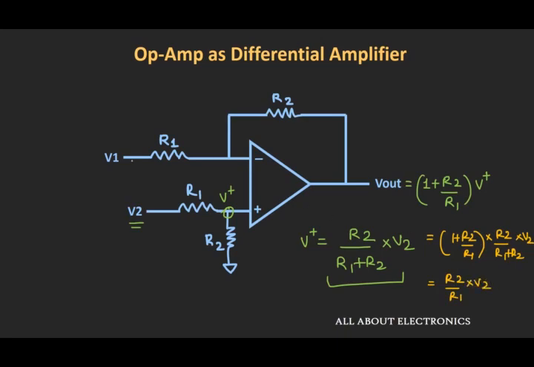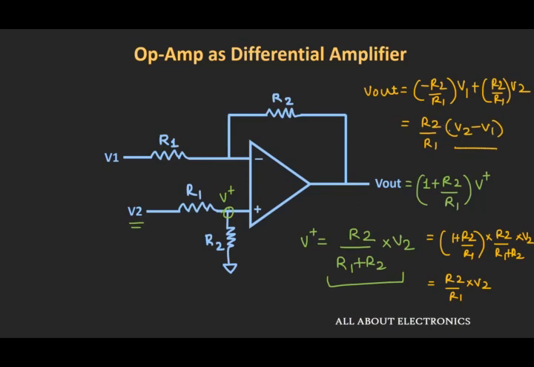So now if you see, if we consider this voltage source V1 and V2 simultaneously, then our output V out will be equal to minus R2 divided by R1 times this voltage V1 plus R2 divided by R1 times this voltage source V2, or we can say that our output voltage will be equal to R2 divided by R1 times the difference between the voltage source V2 and V1. So now if you see this configuration, here the output voltage is the difference between the two input voltages multiplied by the factor of R2 divided by R1. So in this way, using this configuration, in a true sense, we can use this op-amp as a differential amplifier.